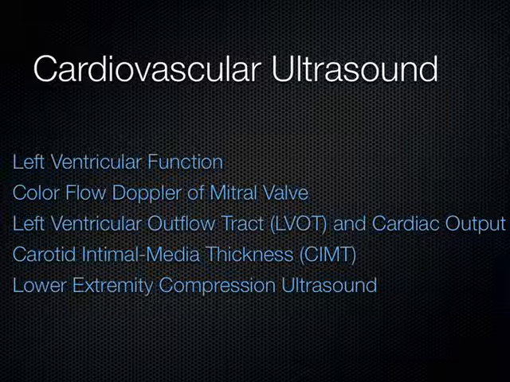We're going to talk about color flow Doppler across the mitral valve in both the parasternal long and an apical four-chamber. And we're going to learn how to measure the left ventricular outflow tract diameter, combine that value with the velocity time integral of flow across the aortic valve, and that will give us cardiac output. So we're going to talk about hemodynamics, and then we're going to talk about how the carotid intimomedial thickness is a surrogate marker for multivessel coronary artery disease, and also for strokes. And then finally, we're going to go over lower extremity venous compression ultrasound to rule out blood clots in the